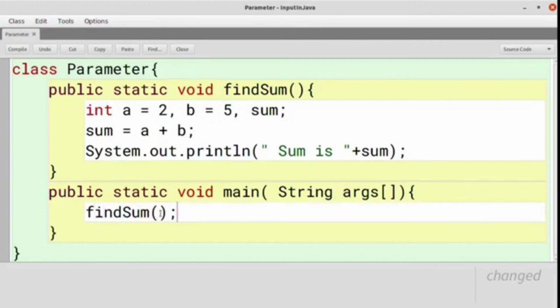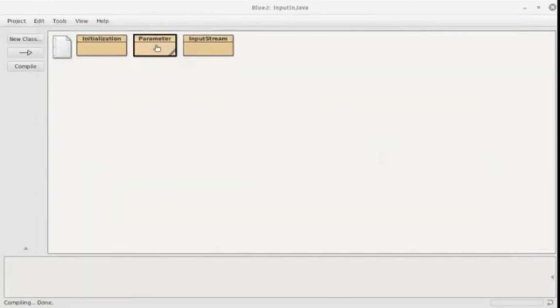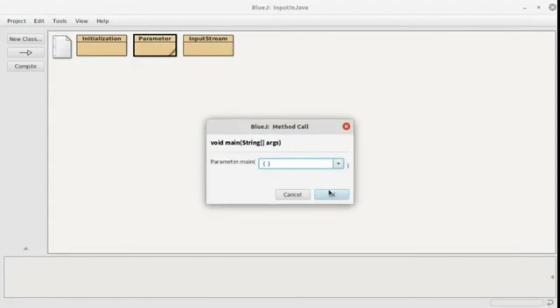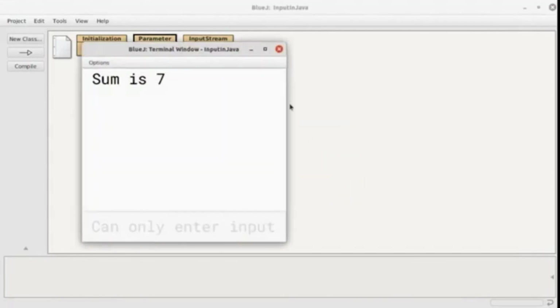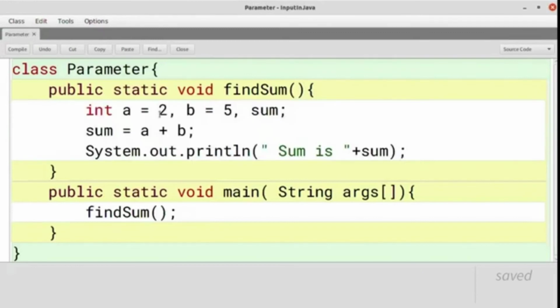Let's place this in the main method. Now I run this program. We get sum is 7. Please note that we are still using the initialization method, but it is not a parameterized method.